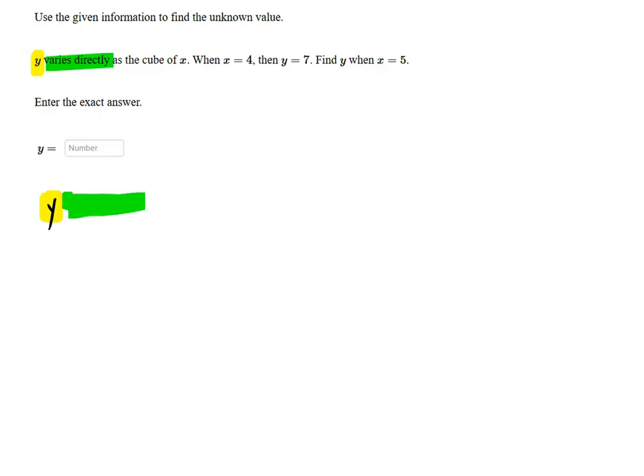Varying directly means equals k times, varies directly as the cube of x, the cube of x, not cubed root, cube. That means x to the third power. So that's my function, y equals k times x to the third. And then they tell me, okay, when x is a 4